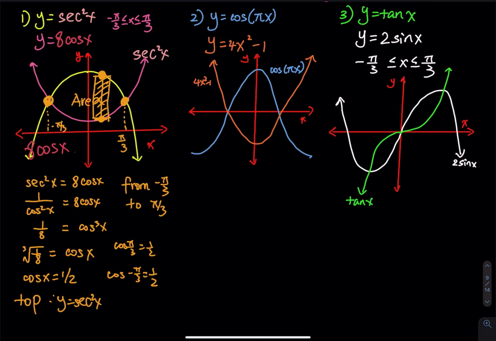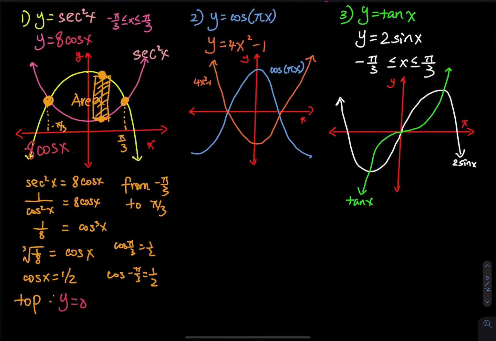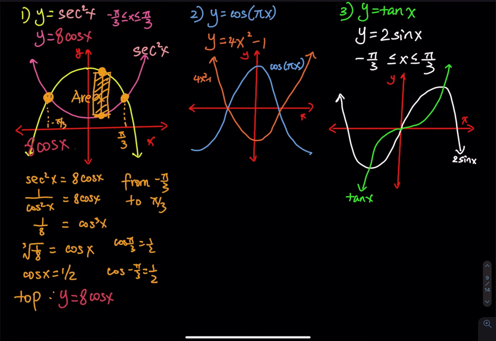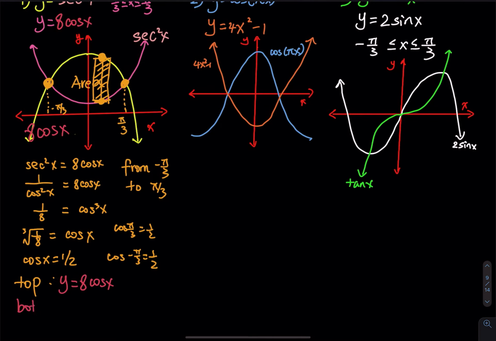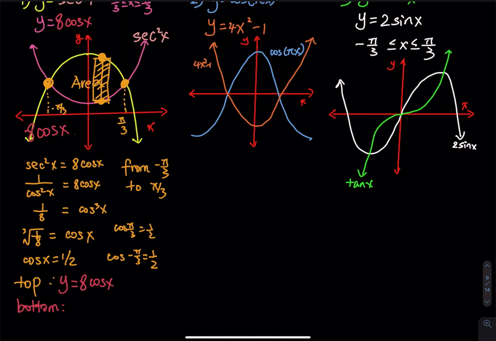So the top curve is y equals secant squared x. So let me follow my color code. So the top curve is, wait, hold on. The top curve is 8 cosine x. So the top curve is y equals 8 cosine x. And then we have the bottom curve, that is y equals, should I just completely follow the color code? So the bottom curve is y equals